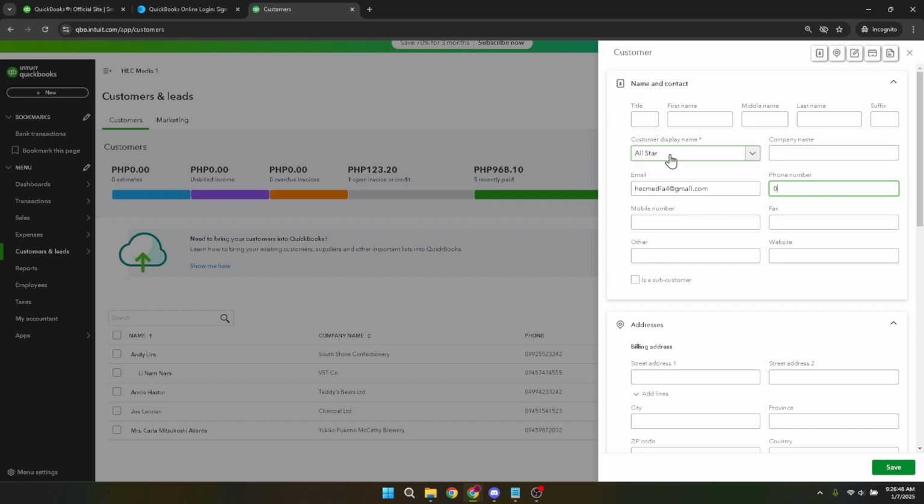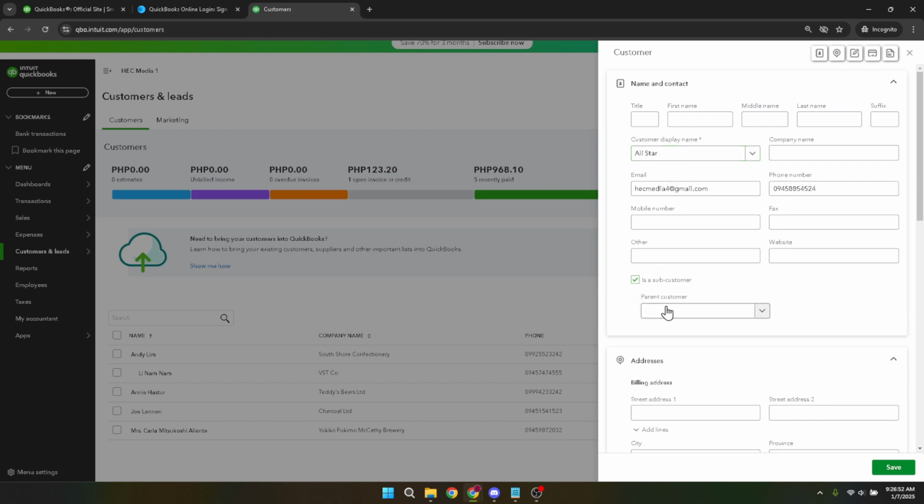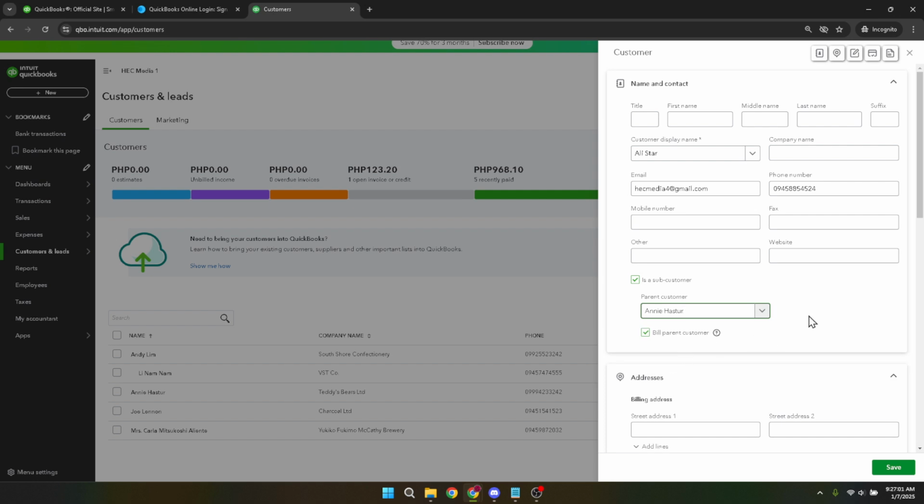At this point, you'll notice an option to check a box labeled "Is a sub-customer." By checking this box, you signify that the current entry is related to an ongoing project or job associated with another primary customer. This is particularly useful if the job you're adding is part of a larger contract or involves collaboration with a parent company. Once you've checked that box, a new field will appear, prompting you to choose the parent customer. This step is where you select the main client or parent company that this job will be linked to. It's essential to connect the project to the correct parent customer to ensure that everything aligns seamlessly within your financial reporting and client interactions.